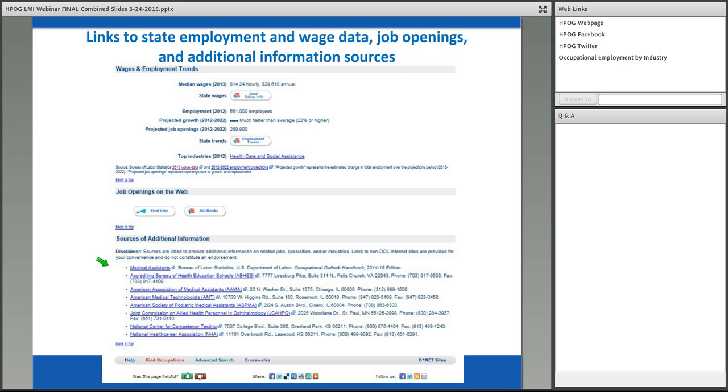And there's also a whole section on additional information. This will link you directly to the Occupational Outlook Handbook, which provides more descriptive information, and to a number of associations in these professions, and also to the educational accrediting organizations. So I think this is sort of a one-stop place where you can find a lot of the information you're looking for or link through to it, and it also allows you to drill down by geography.